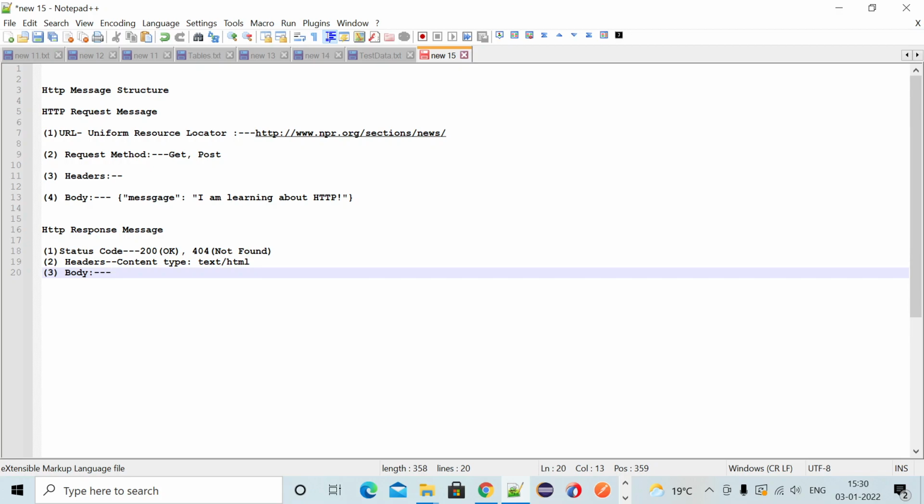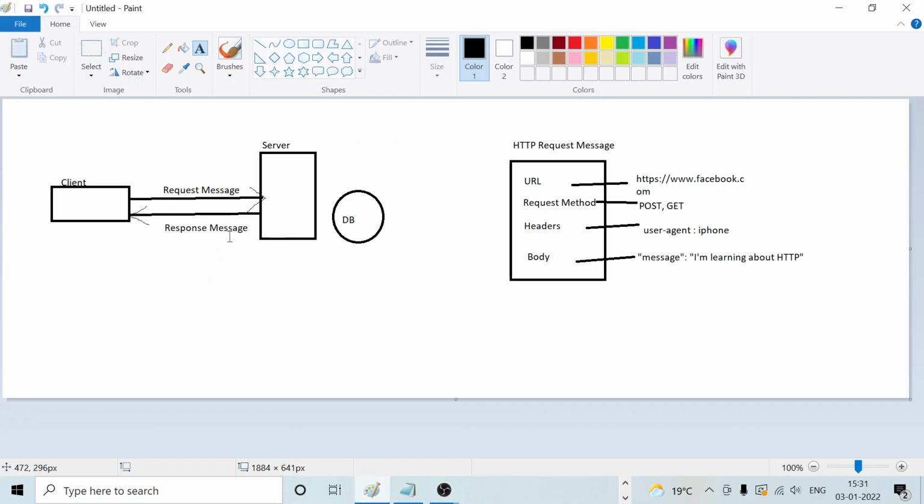I think you can understand this. This is the response message I am talking about. With the response message we get a status code, header, and body.